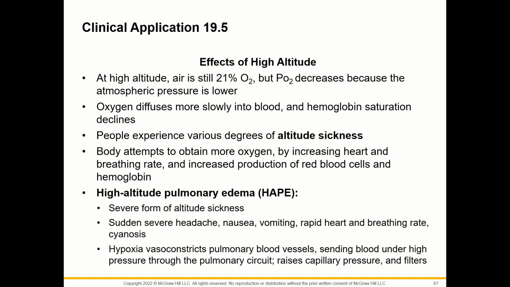The body attempts to obtain more oxygen by increasing the heart and breathing rate and increasing production of red blood cells and hemoglobin. High altitude pulmonary edema, HAPE, is a severe form of altitude sickness. Symptoms include sudden severe headache, nausea, vomiting, rapid heart and breathing rate, and cyanosis. Hypoxia vasoconstricts pulmonary blood vessels, sending blood under high pressure through the pulmonary circuit and raising the capillary pressure and